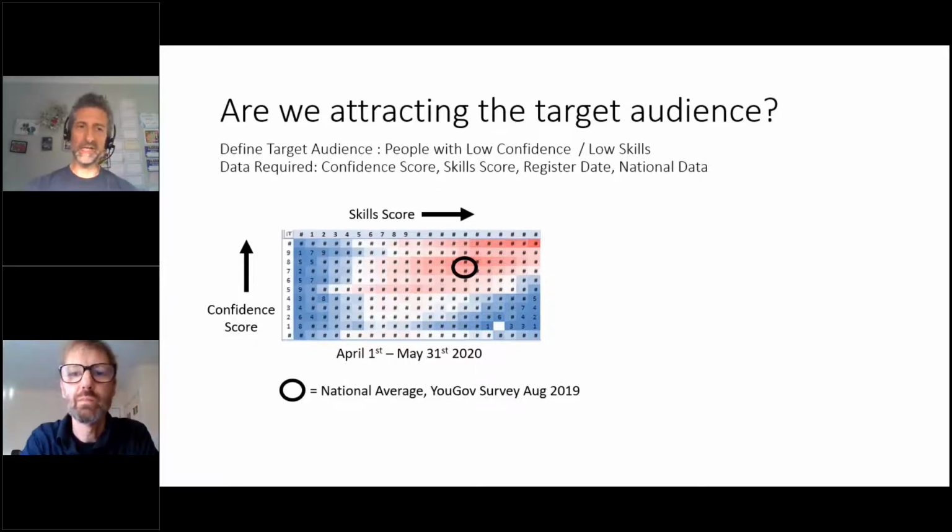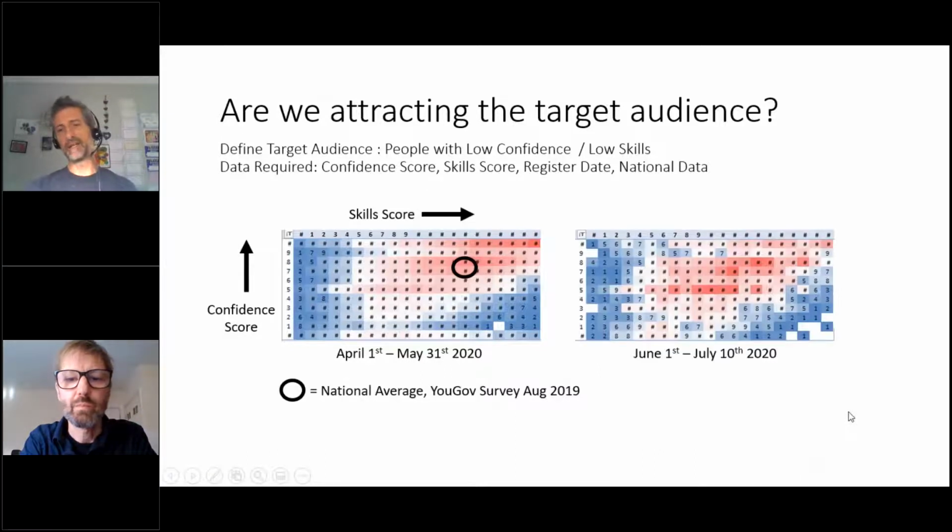So we can see that up until and including National Numeracy Day, we're attracting a higher than average audience. So we needed to cut the data again. So we just do exactly the same thing in June, July, with a benchmark on again, so about 6 weeks worth of data. And we can see now we're attracting a much better audience, the audience that we wanted to,